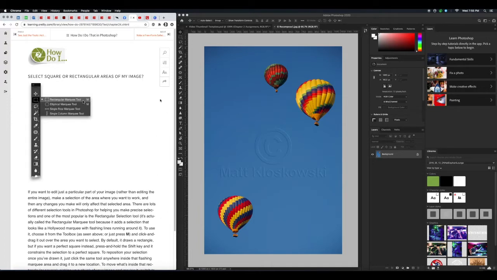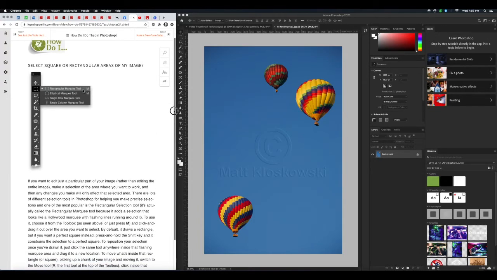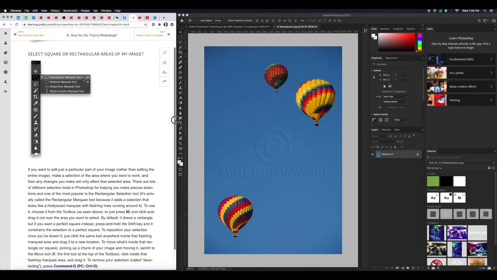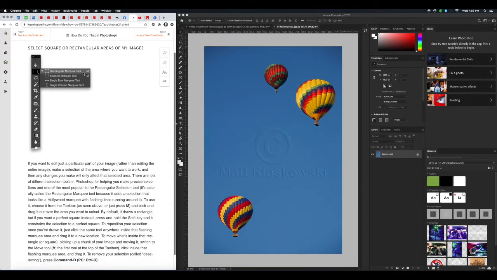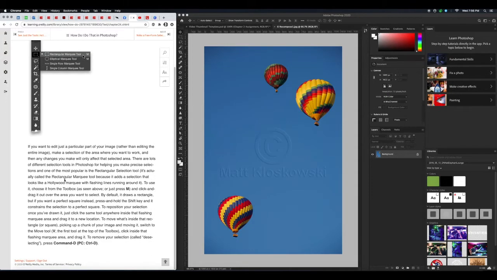Alright, so the first page I'm going to look at is the select square or rectangular areas of my image. Now selections are really important because selections are a way that we tell Photoshop what to do to a particular section. So let's go ahead and read. If you want to edit just a particular part of your image rather than editing the entire image, make a selection of the area where you want to work, and then any changes you make will only affect the selected